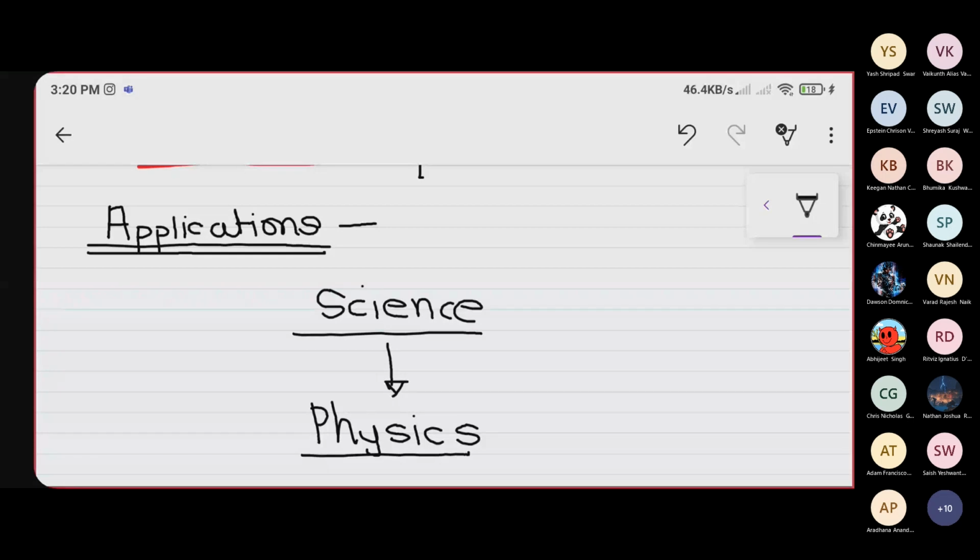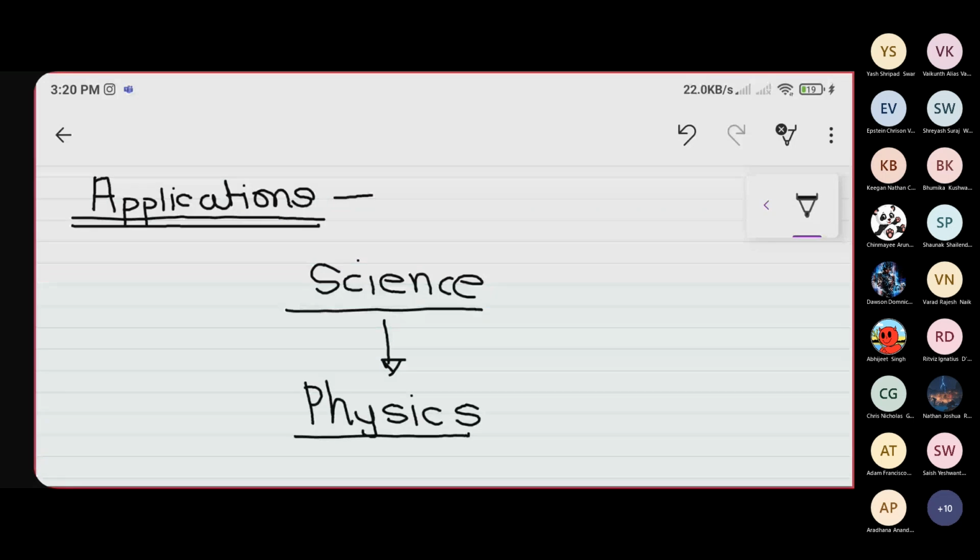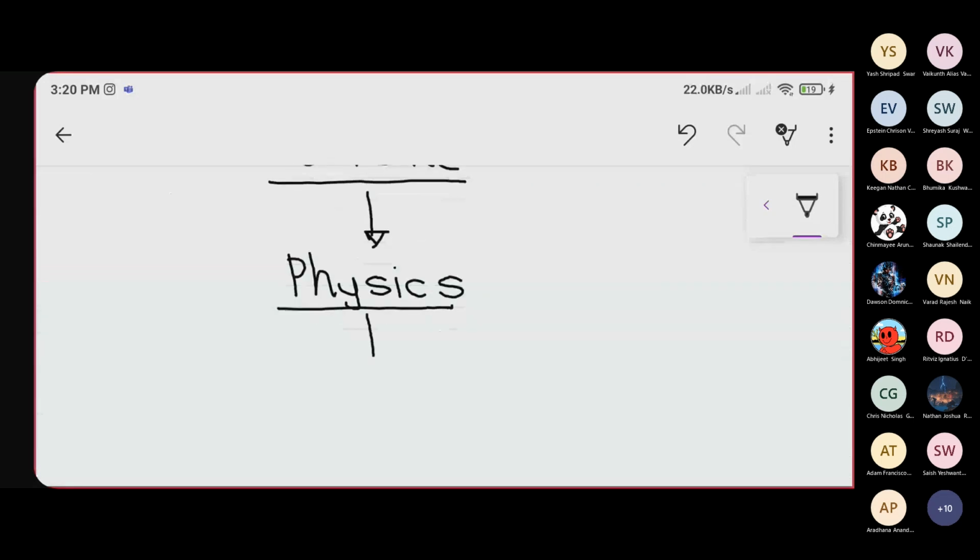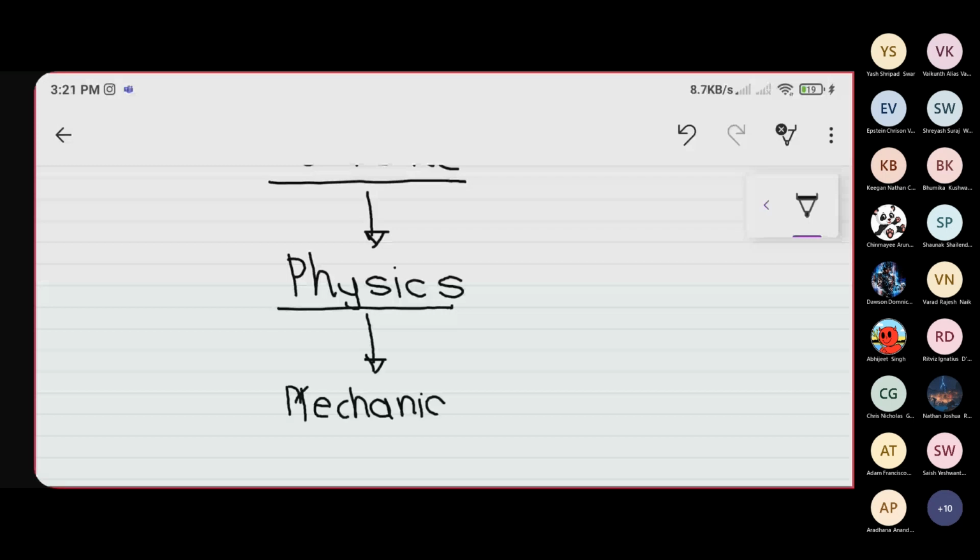What is meant by matter? What are the properties of matter? All those things we study in physics. And again, this physics is divided into another subclass that is called mechanics. It is a branch of physics which deals with the study of the effect of a force system acting